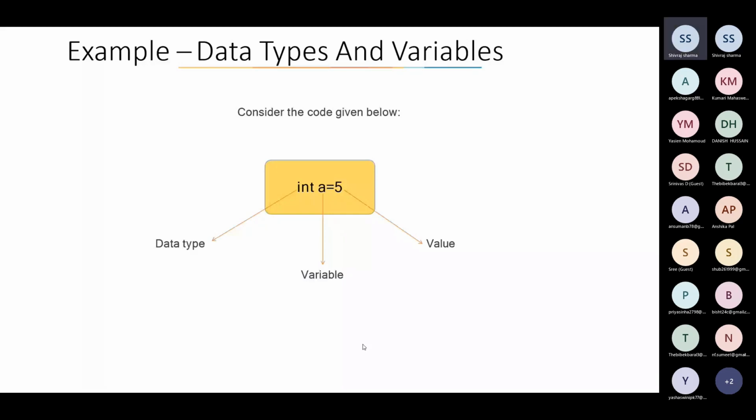Second thing is a, that is the variable. And third thing, the value in that variable. So it is more clear what is variable, what is data type and what is value. But don't get confused between variable and value. Moving ahead,